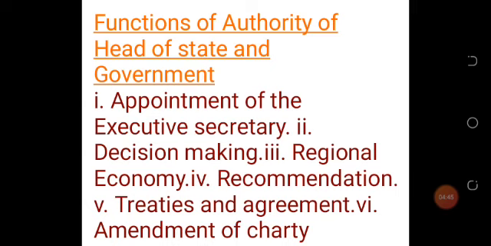Then another function, last but not the least, is amendment of the charter. The charter that brought this organization together, like I always tell you students, is not really like the constitution of a nation, but the charter is what guides the activities of the organization, where we have different articles. Now, this charter is amended by the Authority of Heads of State and Government whenever there is need for that. That is, where there is need for change of any of the charter for one reason or the other, that will be done by the Authority of Heads of State and Government. All these are the functions of the Authority of Heads of State and Government as the most powerful organ of ECOWAS.